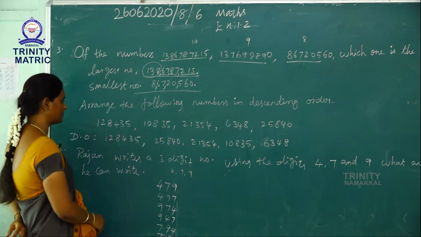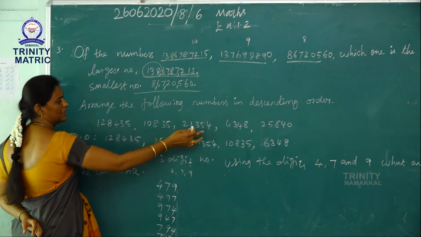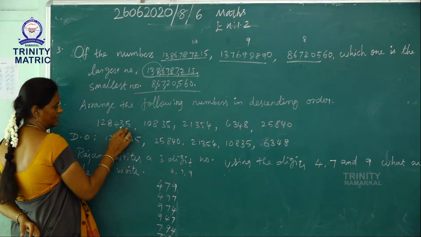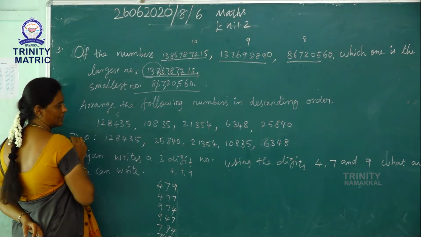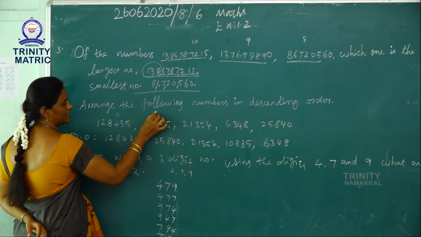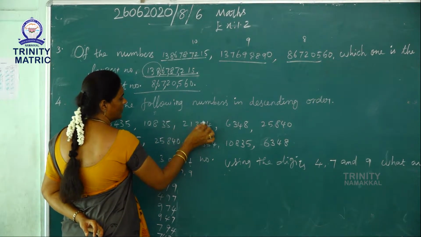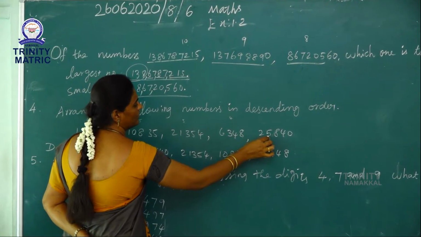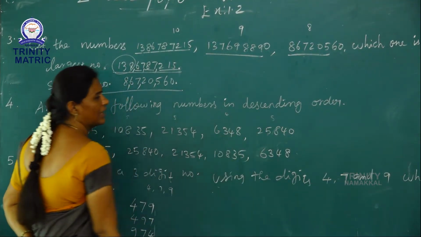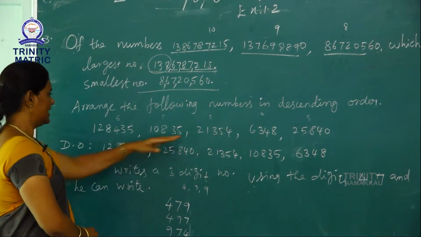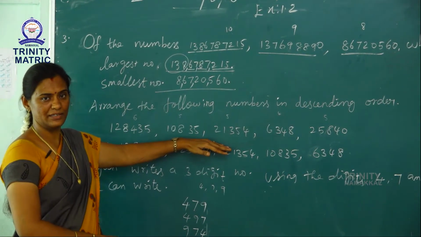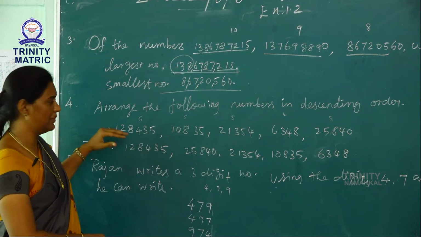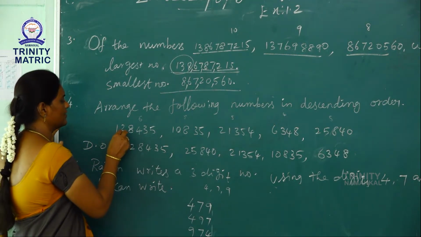See here, 5 numbers are given. This is the first number, here we have 6 digits. Here 5 digits, here 5 digits, here also we have a 5 digit number, and here 4 digits. Okay. Now, from these numbers, the greatest number is